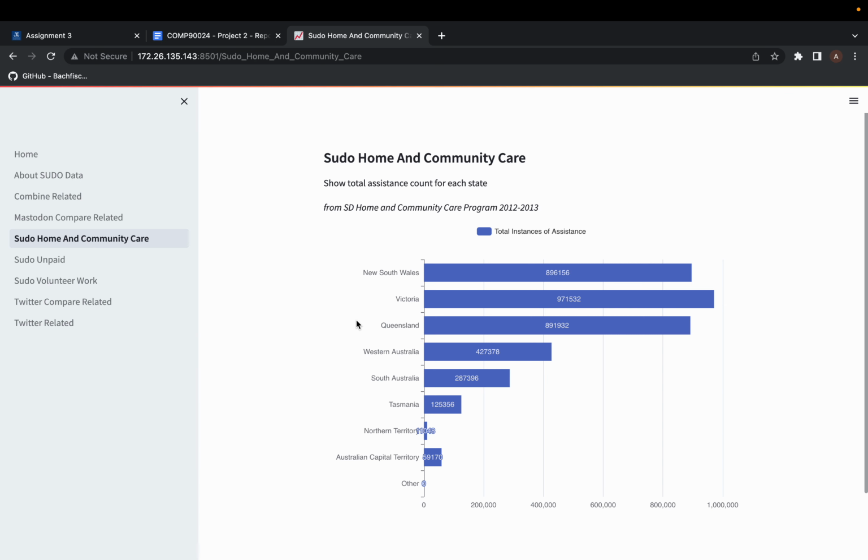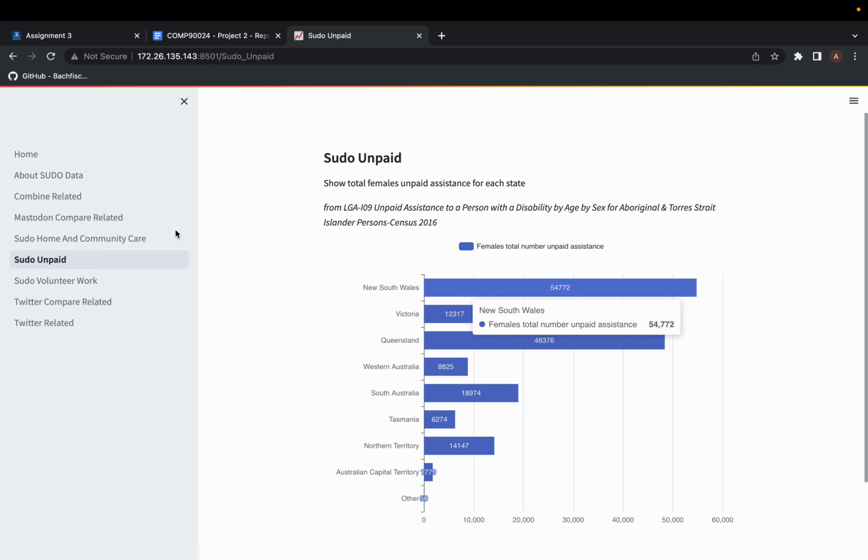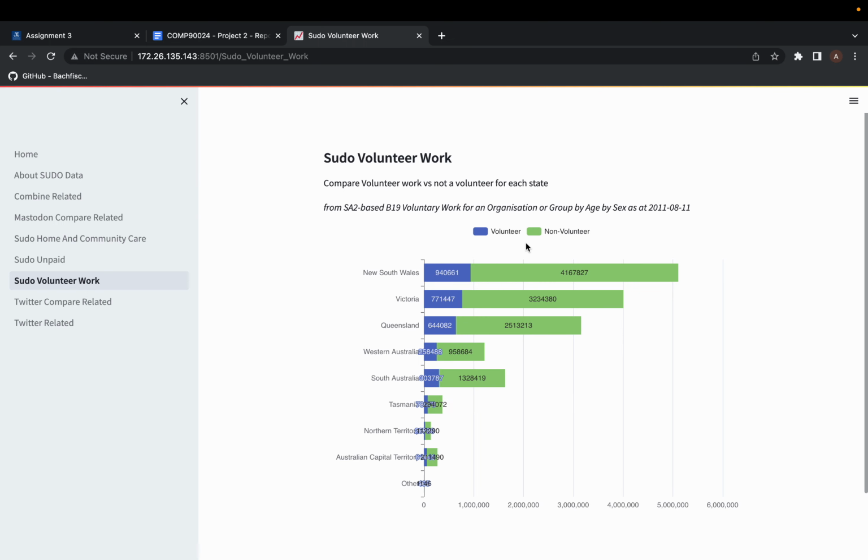And our intuition was correct that since New South Wales, Victoria, and Queensland talk the most about charity and volunteering, based on the home and community care assistances, based on the unpaid assistance for each state, or whether it is based on the Pseudo volunteer work, we can see that the highest amount of volunteer work is done in the states of New South Wales, Victoria and Queensland.